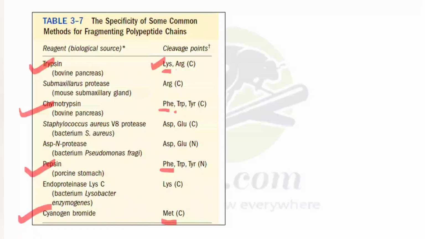So this is a little bit confusing. For chymotrypsin you can remember through C: chymotrypsin, and C cuts at the carboxy terminal, and pepsin ends with N, so it cuts at the amino terminal. So this is how I remembered it, and you can also apply this trick. So include this in your notes. This can definitely be asked. If it doesn't come in DBT, then in CSIR it can definitely come, either in the B section if it is asked individually, and if collective, then it will be asked in the match the column format.